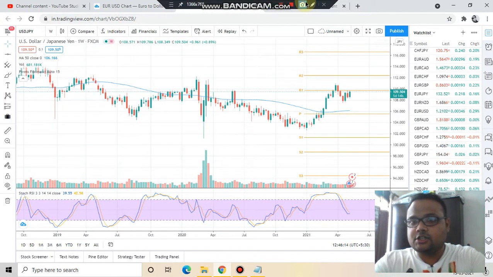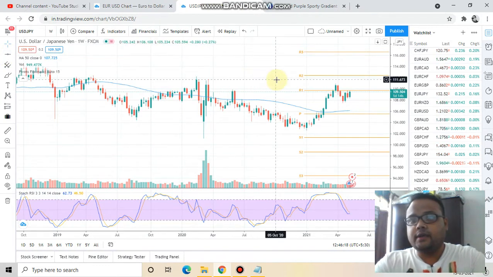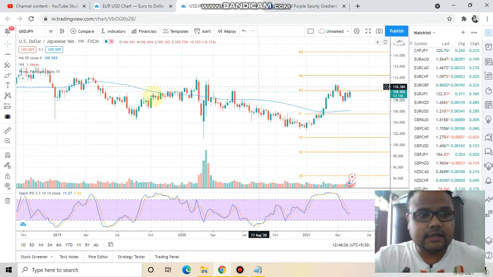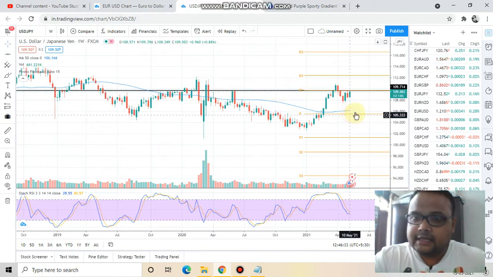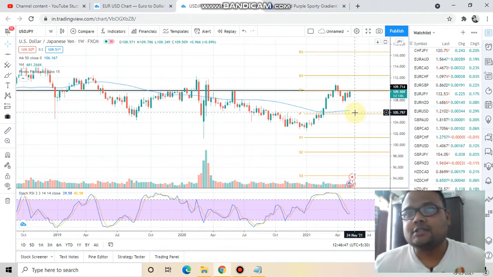Okay, in the weekly chart we can see that market has formed a green candle this week. Previous week market formed a red candle, and before that market formed a green candle. But one thing that we need to focus on here is that we have a resistance on the weekly chart. This week and previous week, market was trying to cross the resistance, but was unable to do so. So on two instances, market failed to cross the resistance.